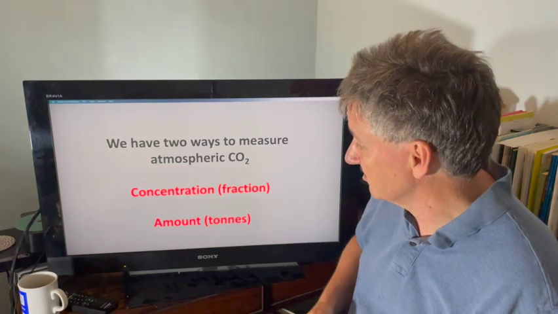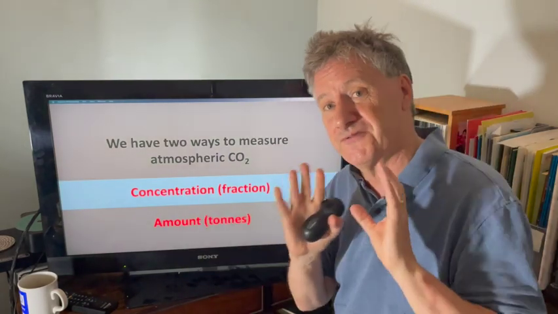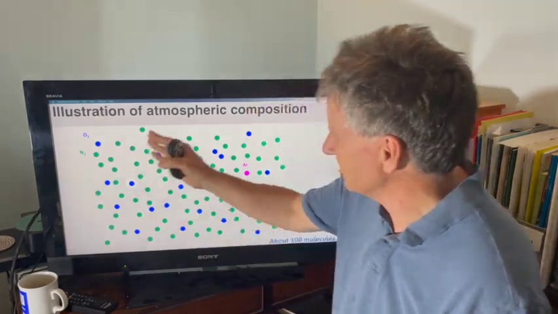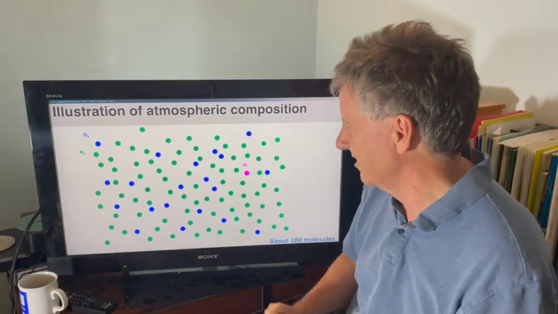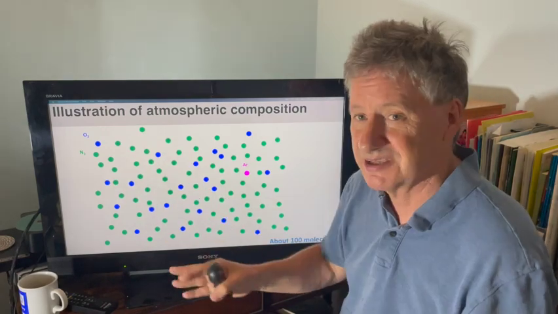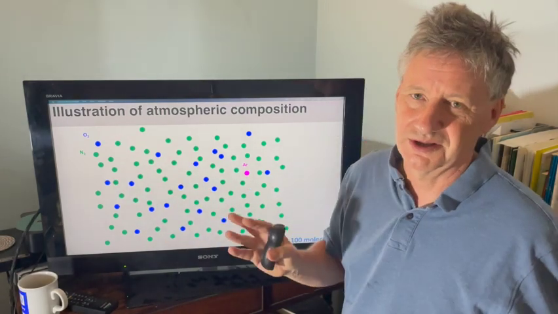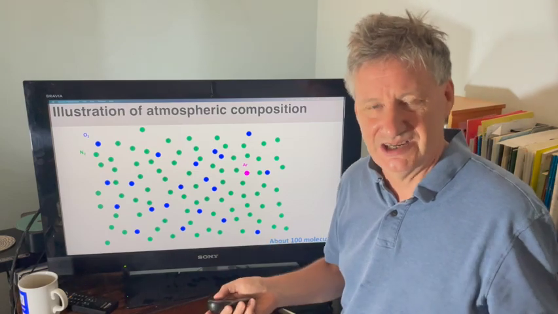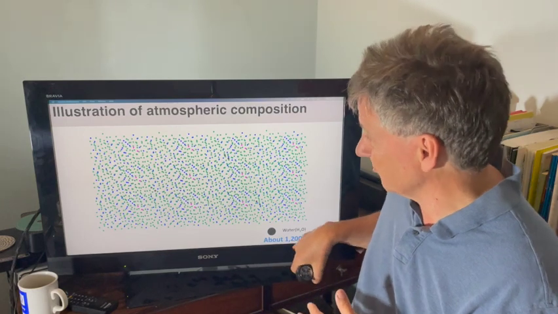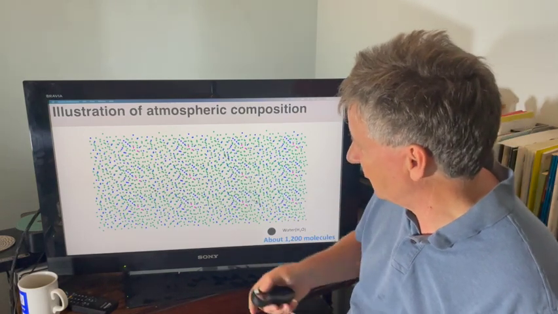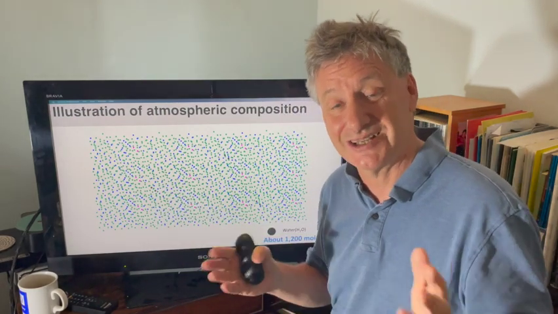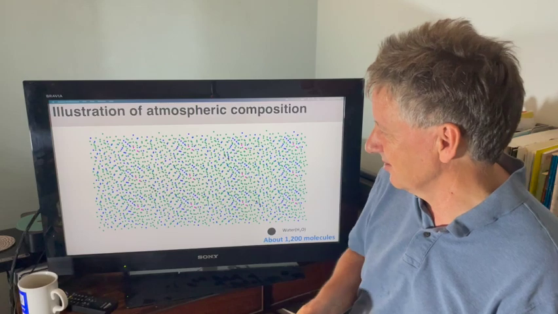There are two ways to talk about it. First of all, let's talk about the fraction of the atmosphere that's made of carbon dioxide. If you were to catch 100 molecules from the atmosphere, you'd find about 19 molecules of oxygen, about 80 molecules of nitrogen, and about 1 molecule of argon. You wouldn't catch any carbon dioxide molecules or water vapor molecules. But if you looked at about 1,000 or 1,200, you typically see about 4 water vapors, but you still, on average, wouldn't catch a single carbon dioxide molecule.